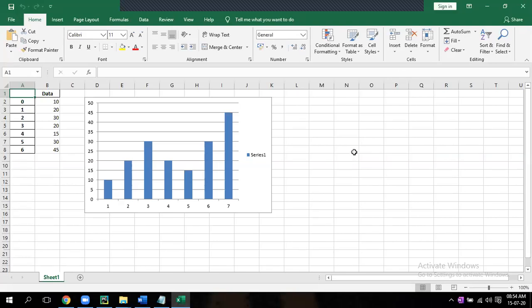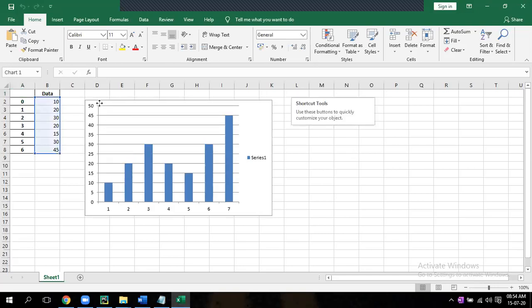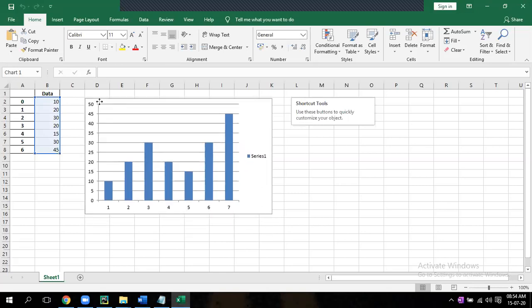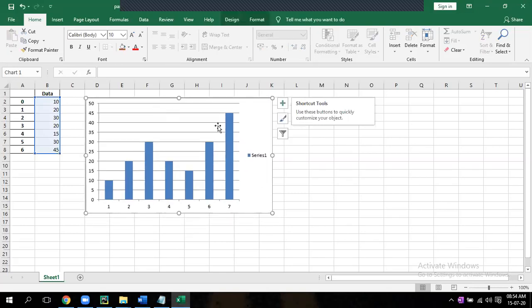Oh, the chart. So here, where is D2? D2 is nothing but D2. So here it will start the chart. Wherever you want, you just do that chart. Programmatically we have mentioned that in D2.